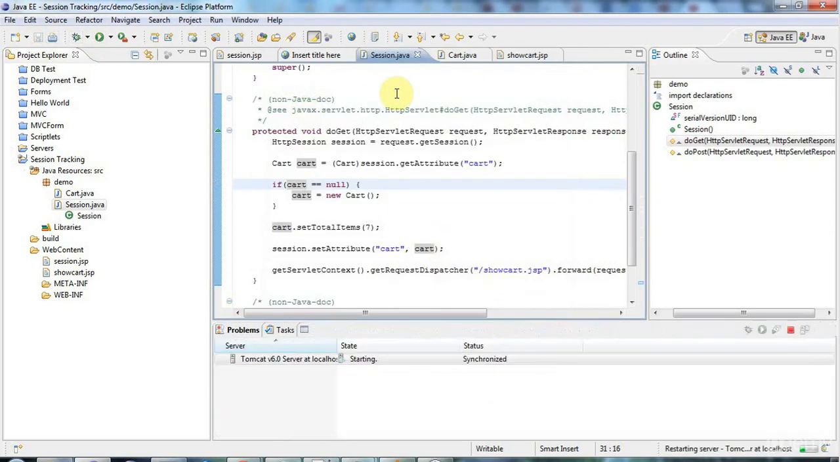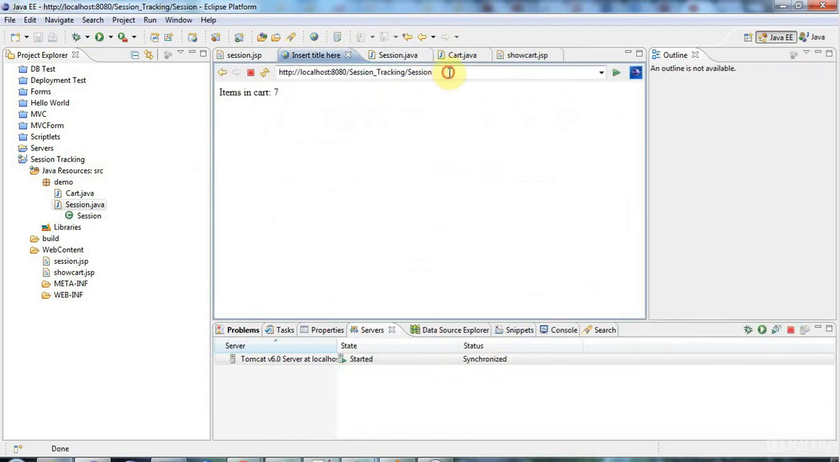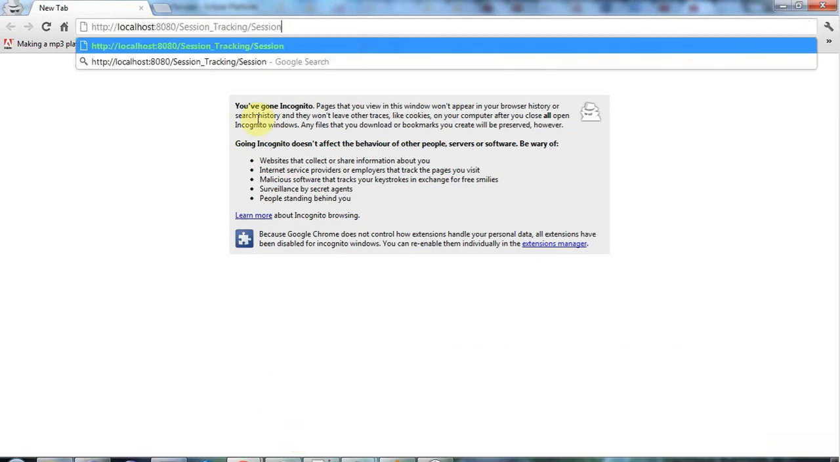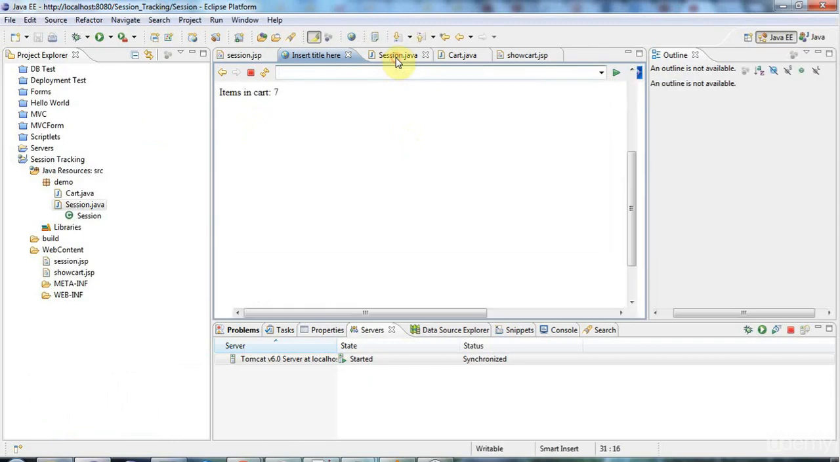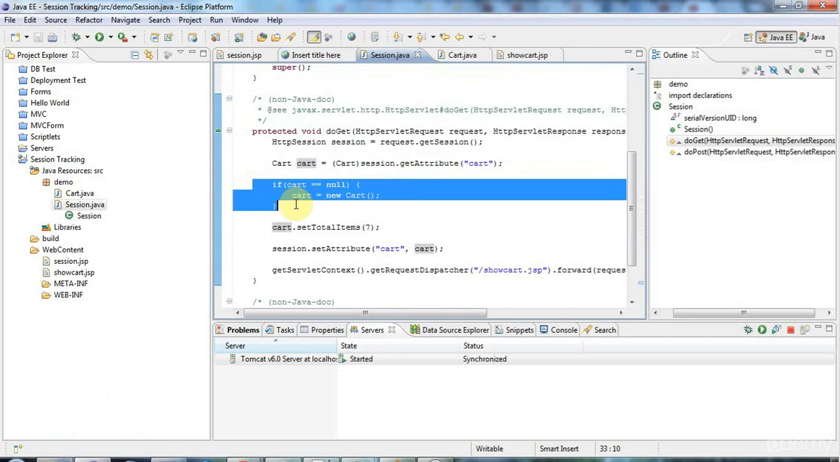Let's just run that, and because this whole thing's cookie based, if I start a different browser, like Google Chrome, and just paste that in, then you can see now it still says items in cart 7, and that's because if I go to a fresh browser or I clear my cookies or something, it's going to say, okay, well here this is going to be null, so it's going to create a new cart. So that's the very, very useful session